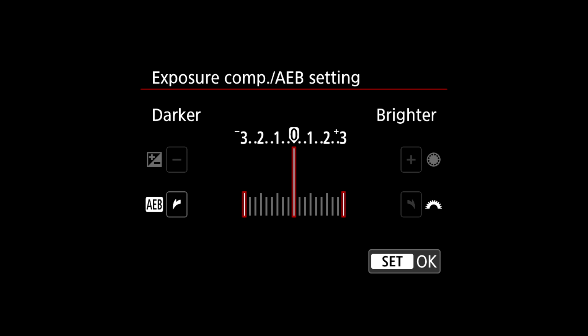Once you click that, hit OK, go back, and then let me take off this lens cap. I know it's really dark in here, and I know my settings aren't accurate, but 2-second timer, boom. Okay, so it just took 3. So now we know how to create that setting within our cameras for auto bracketing,